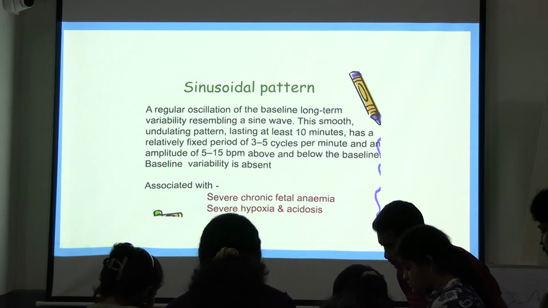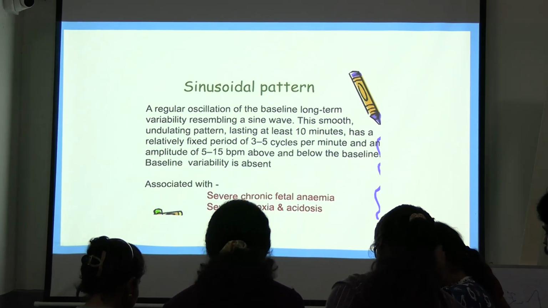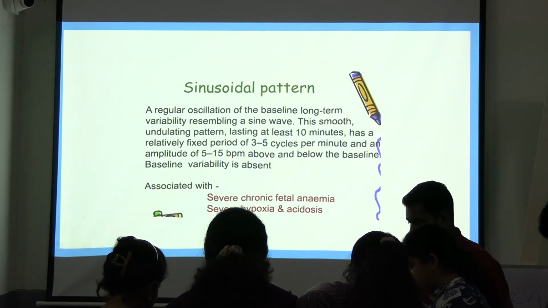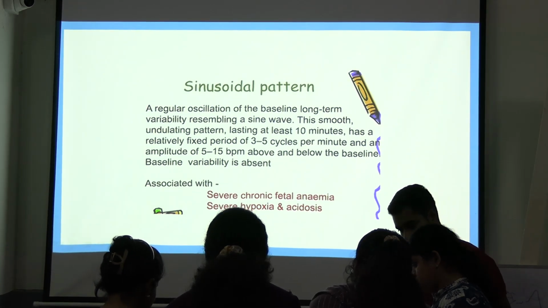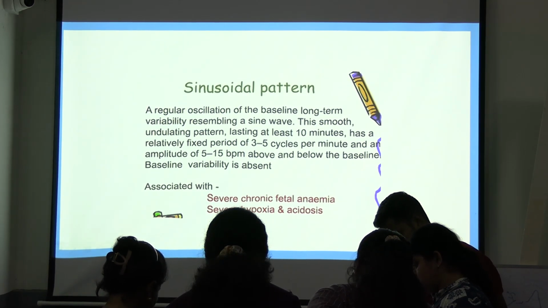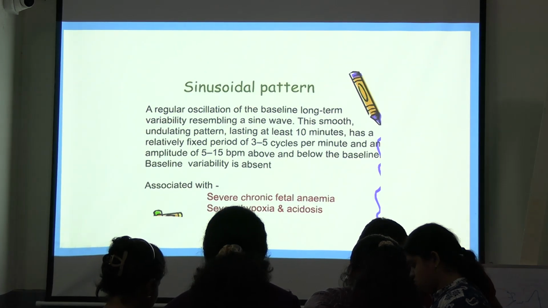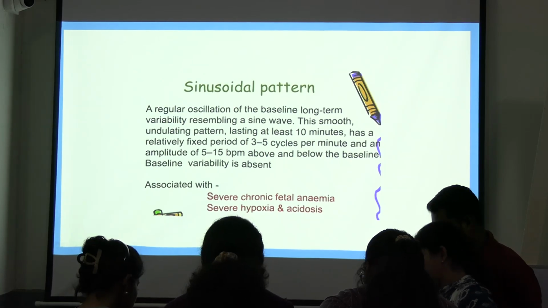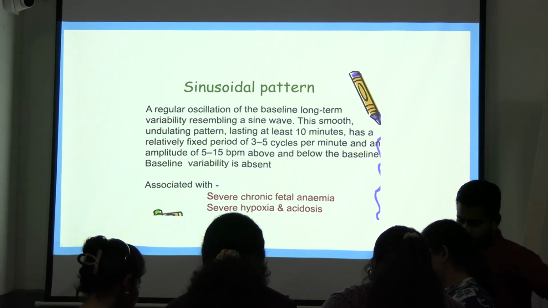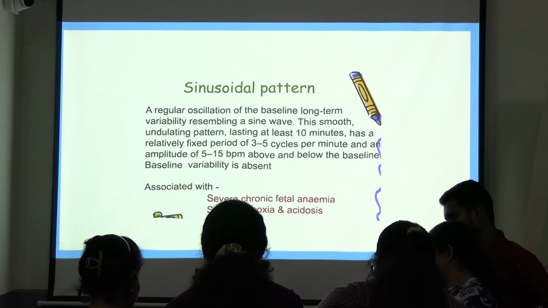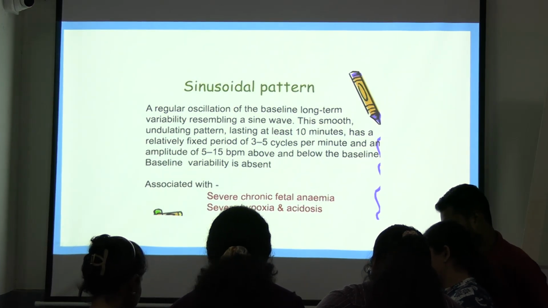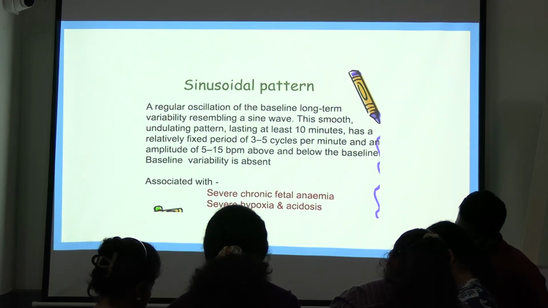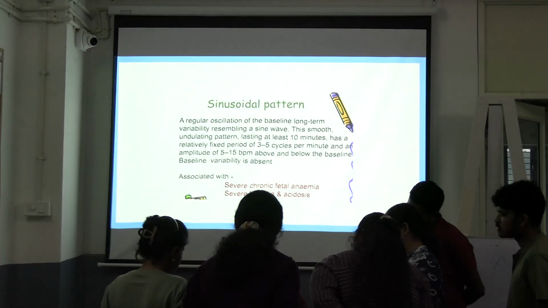Here it is written, 1 centimeter per minute. So this is 1 minute, and a small square is equal to 30 seconds. On this graph it is different from what was given elsewhere: this is 90, this is 100, this is 110. That means one small square is equal to 10 beats per minute. So here one small square equals 10 beats per minute, and this small square equals 30 seconds.